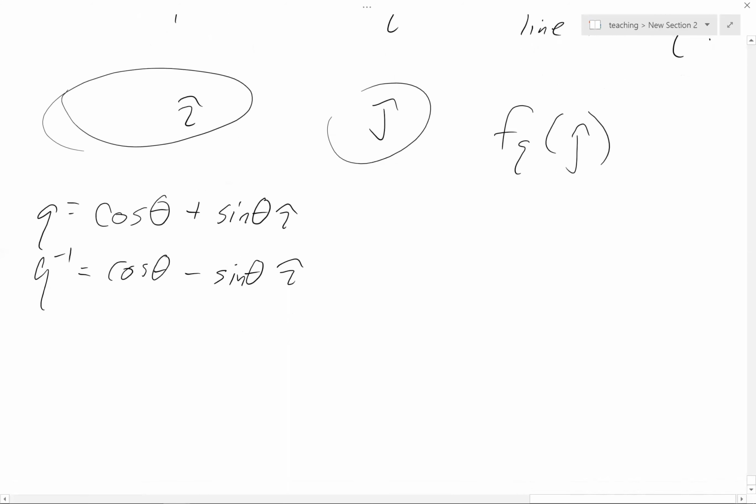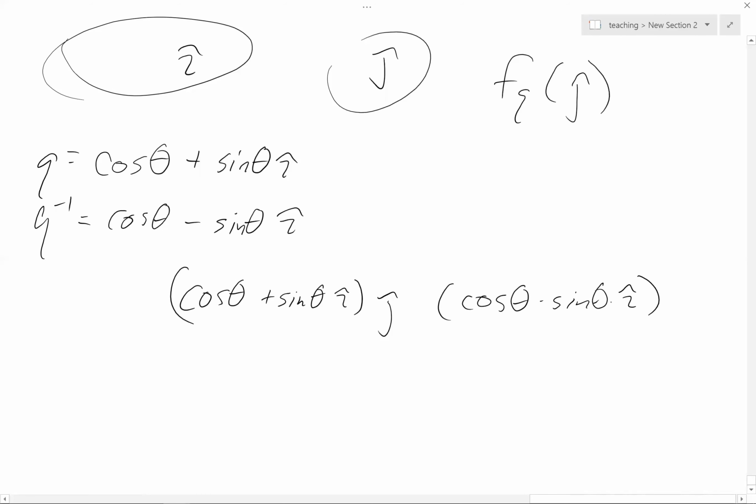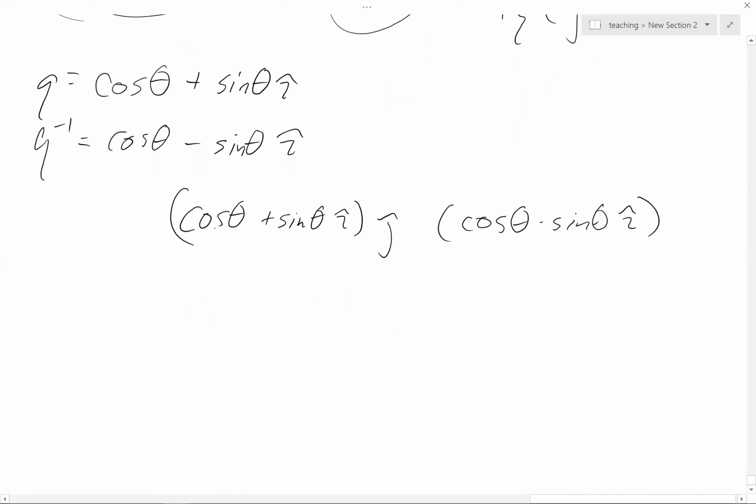Okay, well, let's do it. So I think about J as being a quaternion, and then I multiply times J. And then I'm going to multiply that by cosine theta minus sine theta I. Okay. Well, the first one's easy. Cosine times J is just cosine J. And then